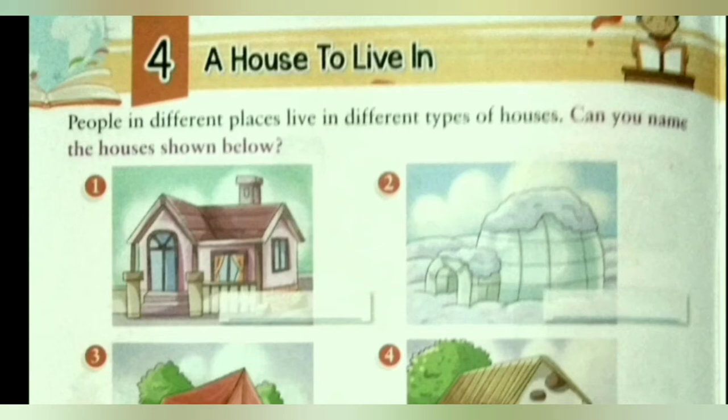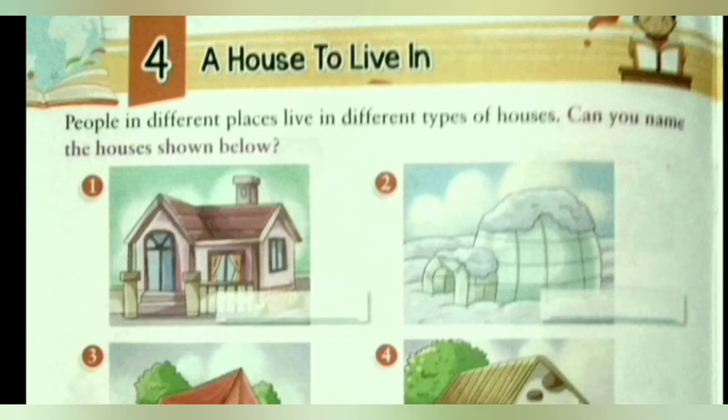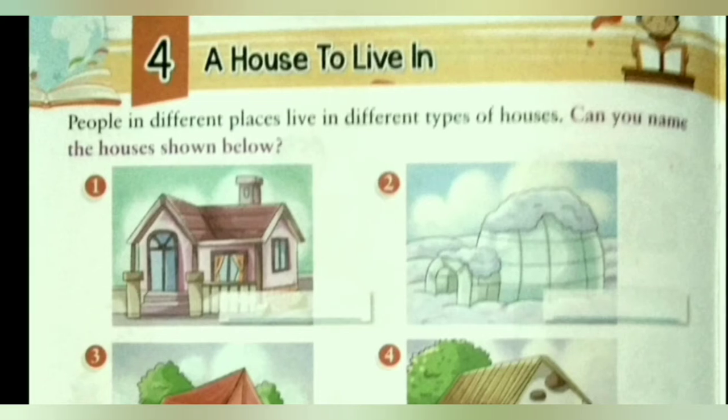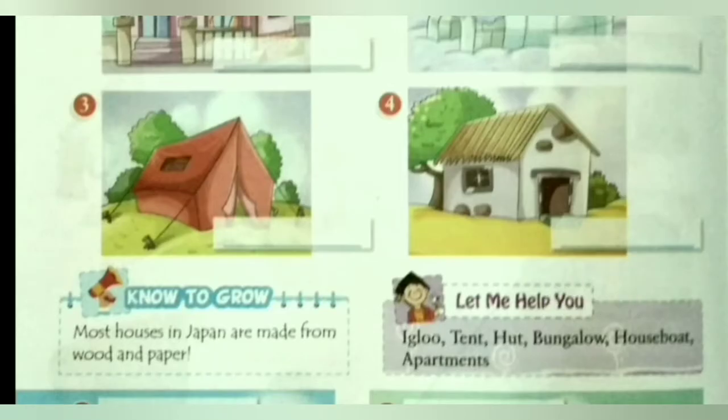In the second picture you can see a picture of an igloo. What is an igloo? Igloo is a shelter made from blocks of snow placed on the top of each other. It is dome shaped. They are used in winter as temporary shelter for hunters. So the second picture is igloo. Right here, igloo.